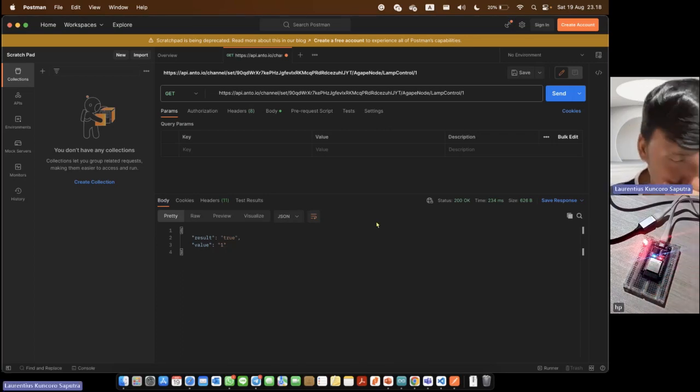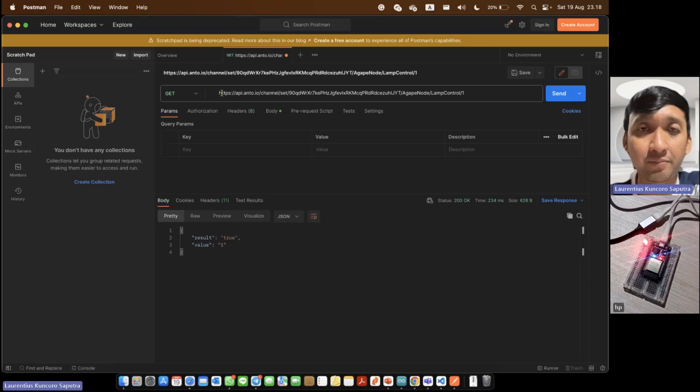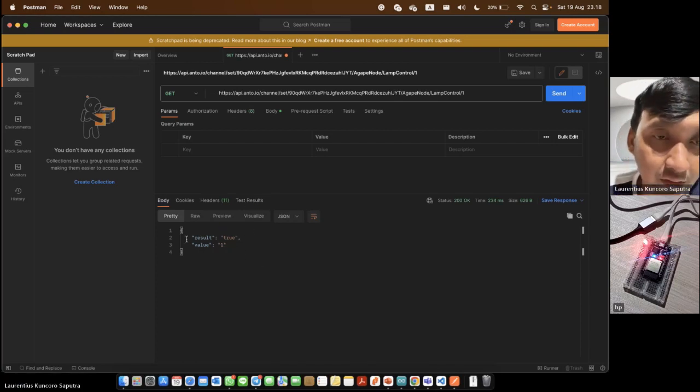If the HTTP API request is successful, the requester will get the return value.